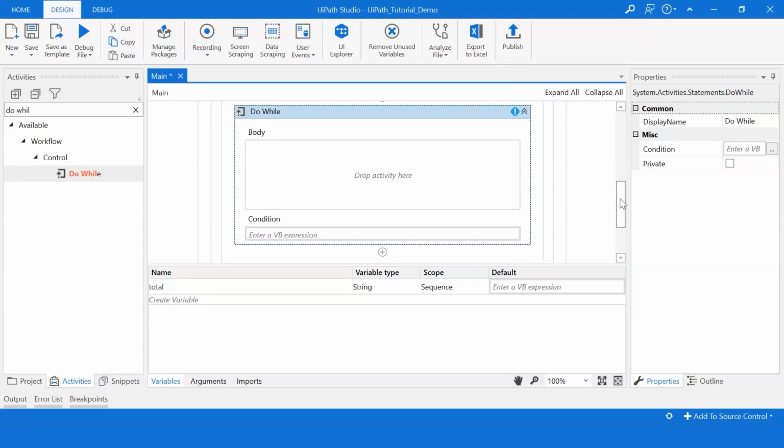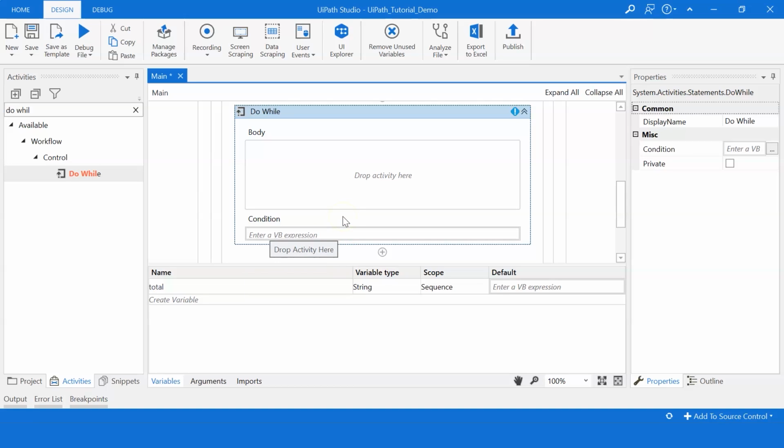As you can see, do-while has two components. One is the body, and the other one is condition. The body has the things that you want the program to do. The condition is where you evaluate certain conditions every time when the program has to do a task. So for every step or iteration, it will check if the condition is true or not and go inside the body of the loop.